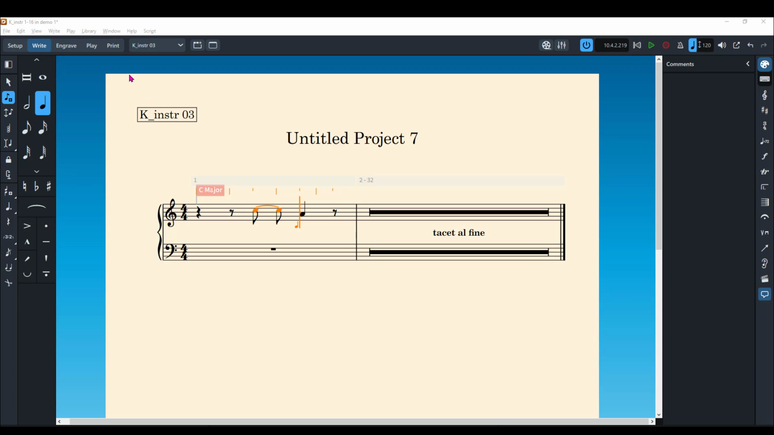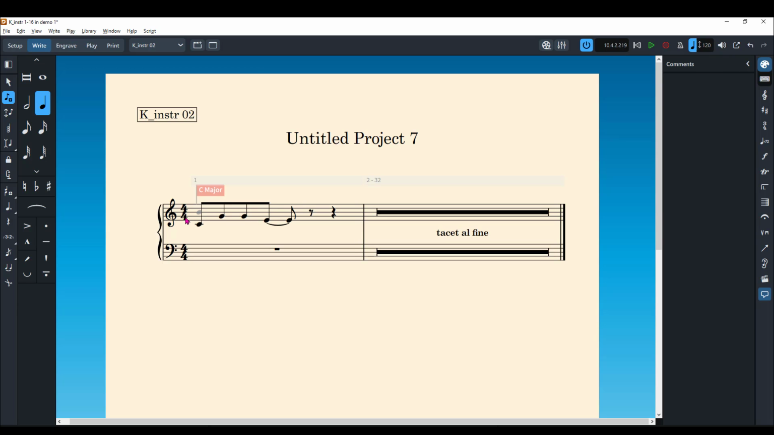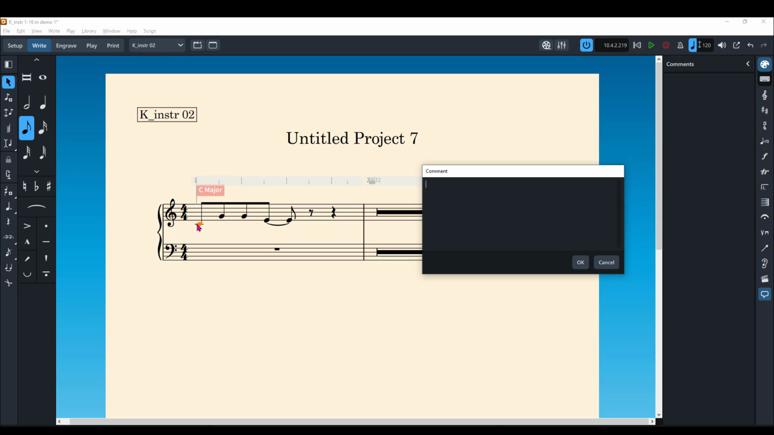Now, another thing you could do, let's move this over. If you select, let's say, the first note and do Alt-C, you can bring up a comment window, and then I can type in these. In this case, there's 6 key switches, so I could type in sustain,